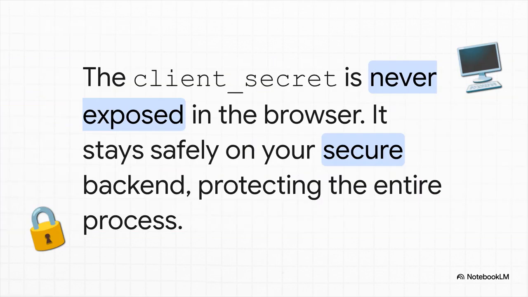And hey, for any developers watching, this next part is absolutely critical. That third step, exchanging the code for a token, all of that happens server to server. This means your application's client secret is never, ever exposed in the browser or on the user's phone. It stays locked away safely on your backend, which is essential for guaranteeing the integrity of the whole process.